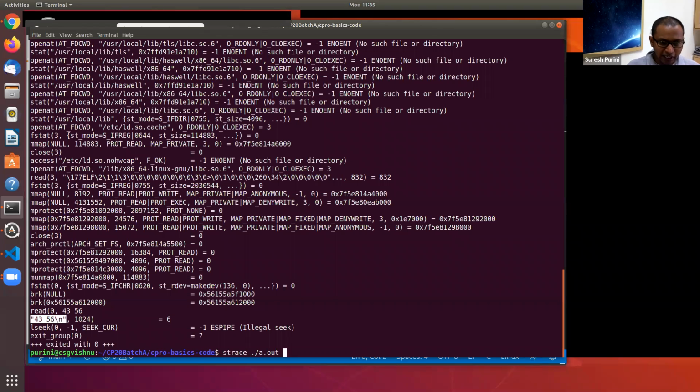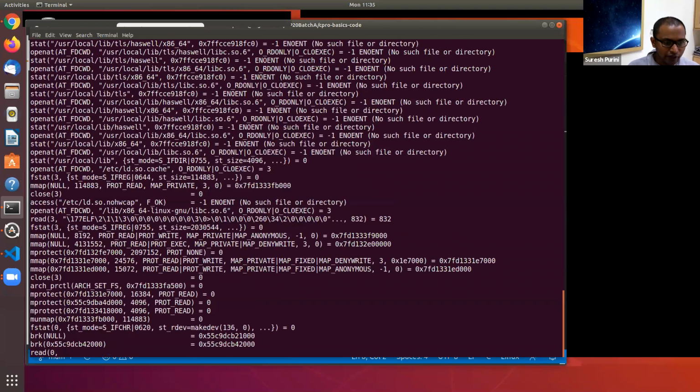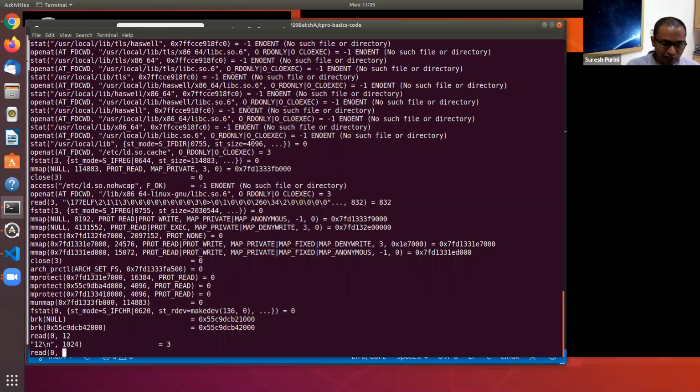So now let's keep going. Let's say I press 12. Now what happened? Again, something very interesting is happening. I just pressed 12 and pressed an enter key. The read system call, on this line, pay attention here, supplied this back to the scanf. But scanf is not happy because it is looking for two integers. It is able to extract only one integer from the input stream. So it made one more system call.